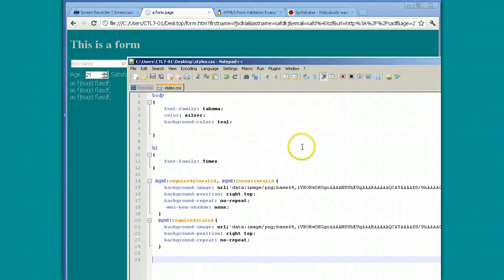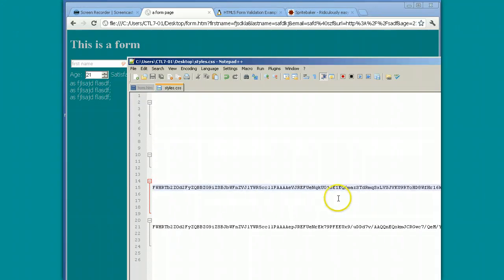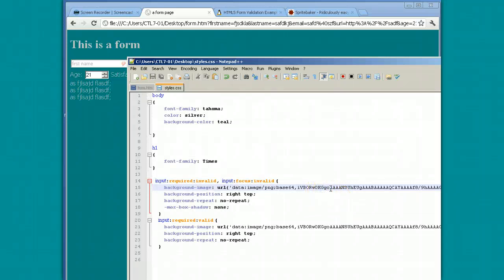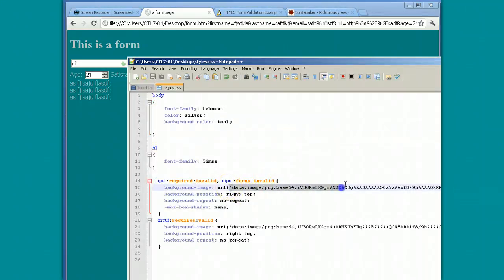So what it's doing now is I've only got this information, and so I believe what it's actually doing is taking that image of the thumbs up, thumbs down, and encoding it into all of this code here, which means I don't have to do a separate request. Now, one way we could tweak that is what happens if I get rid of 3 of those A's and try it again, it breaks the picture. Right? So all the thumbs up, but the thumbs down, when the thumbs up are still there, the thumbs down fail. So that's actually a really neat little thing, is that we can actually embed the images right into our CSS using this, and it looks like Sprite Baker will actually do that for you